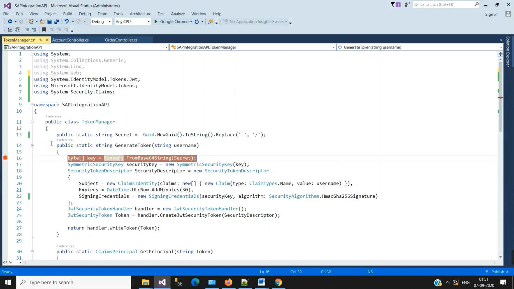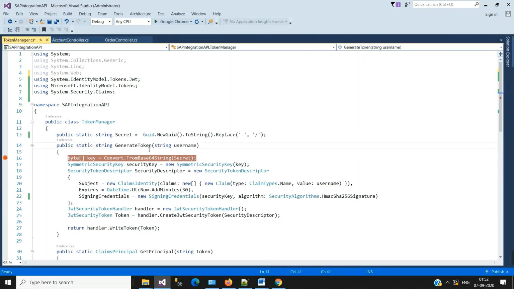Let me explain this code. In the first line, I have created a secret variable which will be generated at runtime with the help of the Guid.NewGuid function, and I'm replacing the dash with a forward slash.